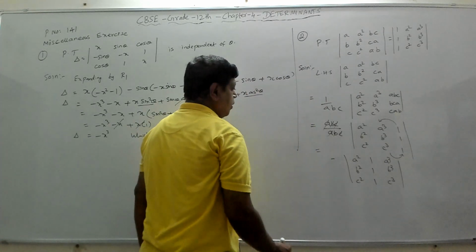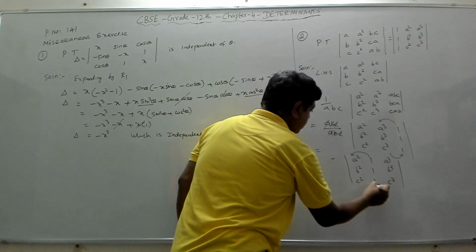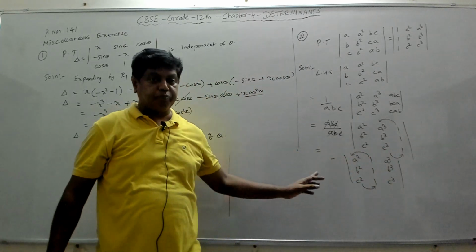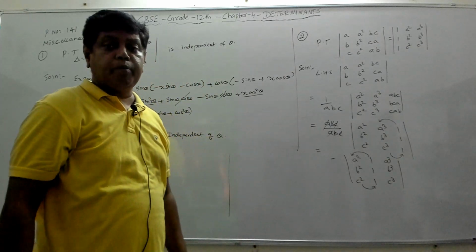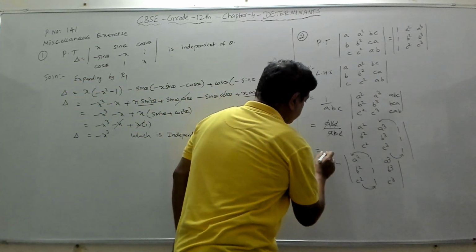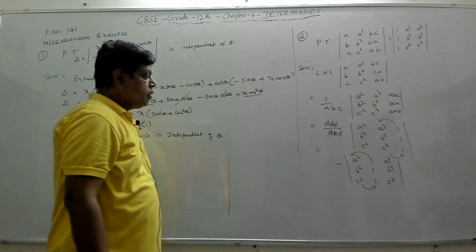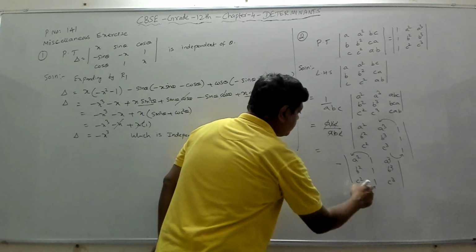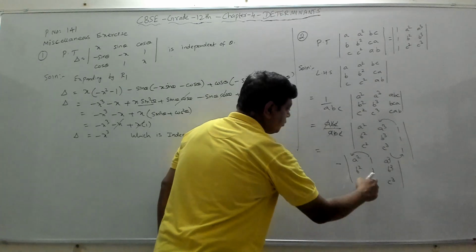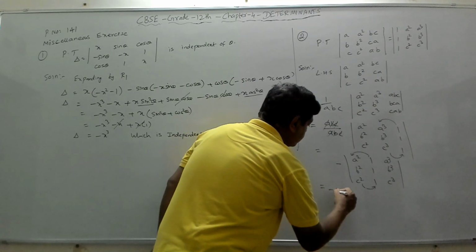Determinant close. Now again we need 1, 1, 1 in the first column. So again swap this and this. Whenever you interchange any row or column, the value of the determinant changes by sign. So that is your property 2, right? So again I'm going to interchange my column 2 and column 1. So column 2 will come to column 1, column 1 will go to column 2. Then I'll get another minus.